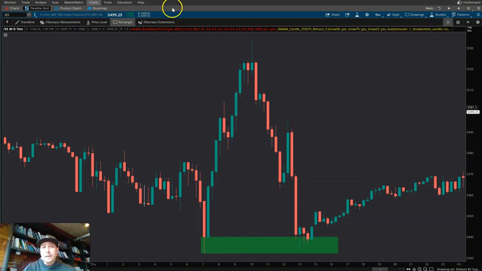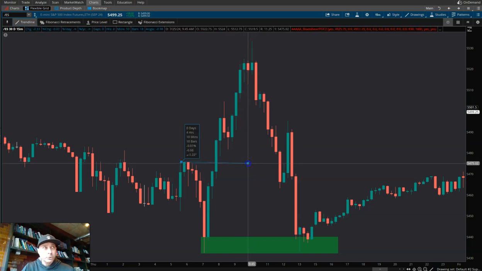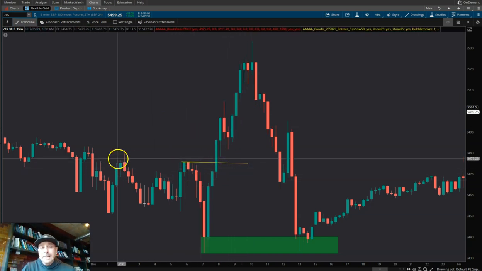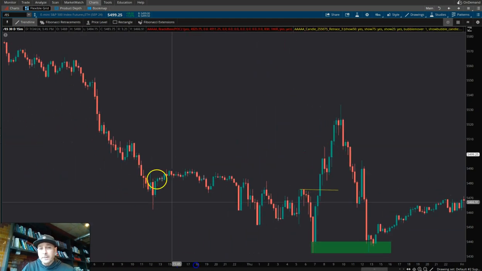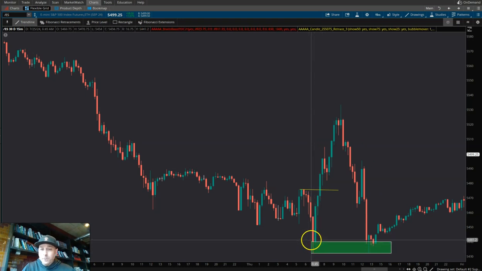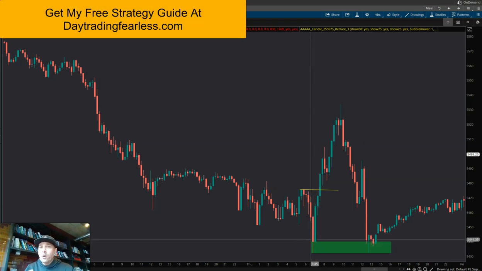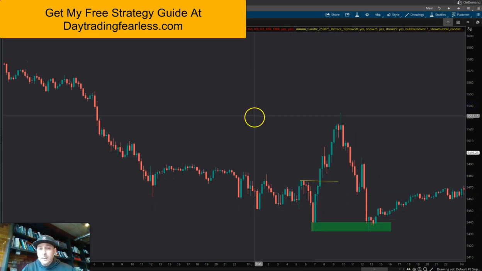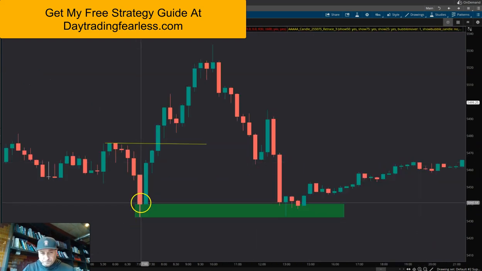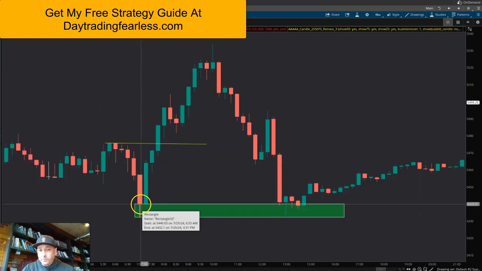Okay, and with that power, what you have right here is a market structure shift that has taken the market from being bearish to bullish. And then what we see is price coming back down into this level. Well, with that wick, I go, hey, I kind of like this level for a potential reversal because I'm able to manage my risk. Now, as we zoom back in, we know if we enter,